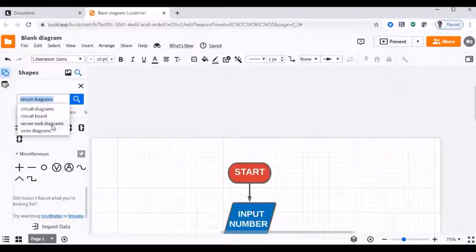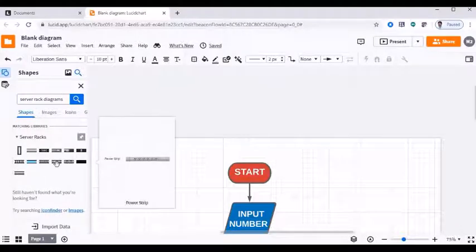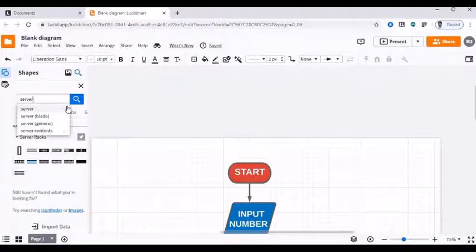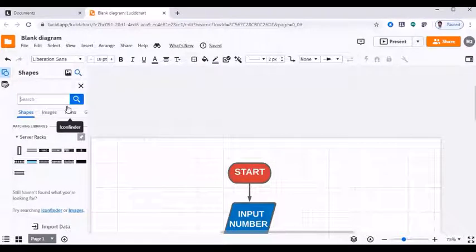This is for computer people: server rack diagrams and all those things. Many options are available. You have to explore them fully. So that is what we have for today's session.